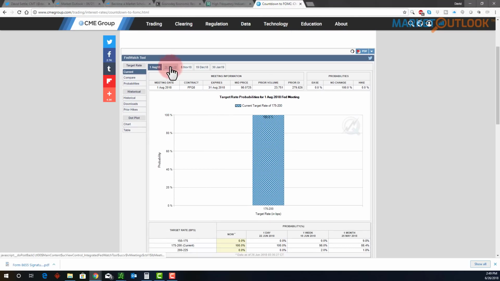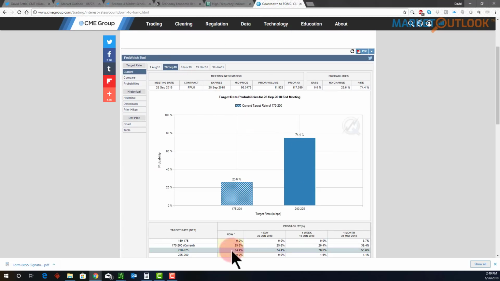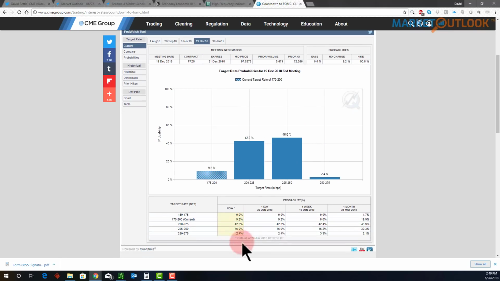You can see the odds of the rate hikes are still about the same, so nothing's really changed, a little bit down from where we were a week ago. But still, you've got about a 75% chance we'll get a rate hike in September. And then in December, we still have about a 48% chance we'll get that second rate hike for the rest of the year. And remember, starting in January, they're going to have press conferences at every meeting. They've kind of held off on doing any policy changes, any rate hike decisions without press conferences, so they've kind of held them to March, June, September, December when they've had those scheduled, and where they can give the forecast and all that.